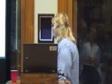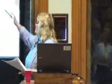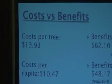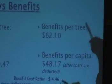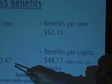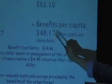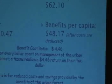So let's look at the cost per tree. According to the information given us, the town is spending $13.93 per tree, okay? The town's getting $62.10 benefits per tree, those benefits we just looked at. The cost per capita per person, $10.47. After all the costs are deducted, the benefits per capita, $48.17, and this benefit cost ratio of $4.46, that's